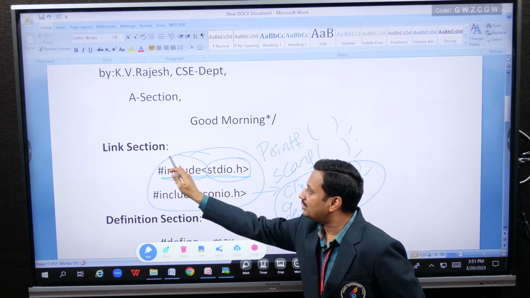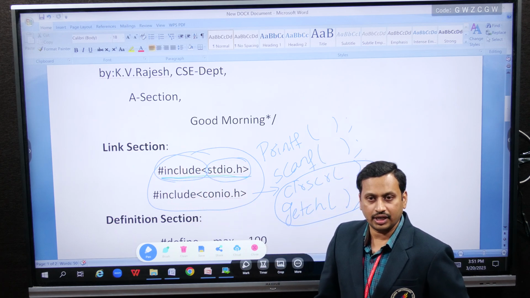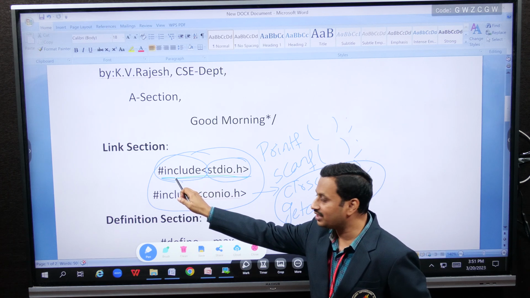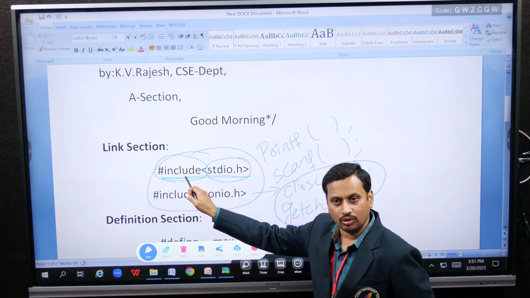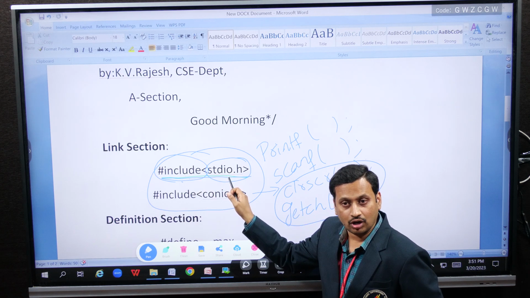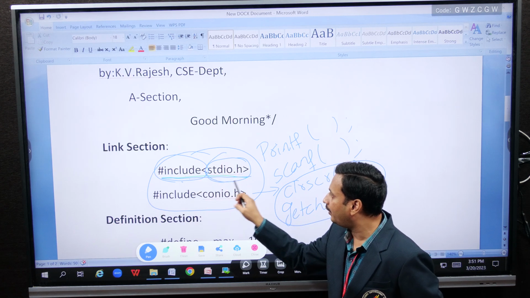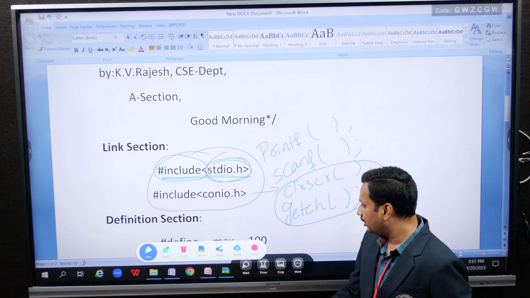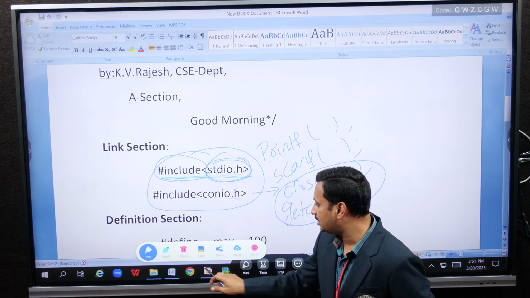What is meant by this hash include? See here, this hash include is a preprocessor directive known as include. It is going to include the functions which are located in this particular header file stdio.h into your program. See here, the concept we are representing here is